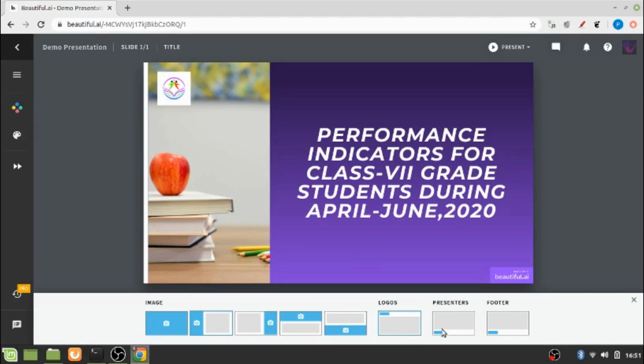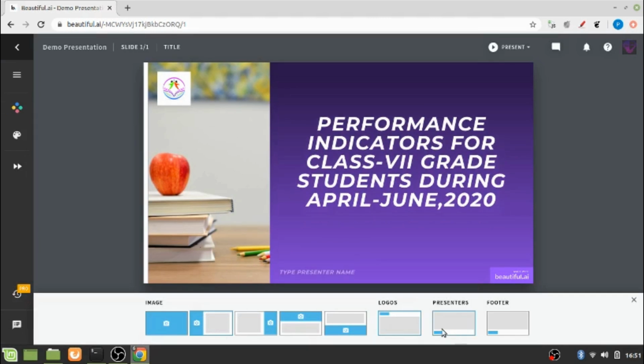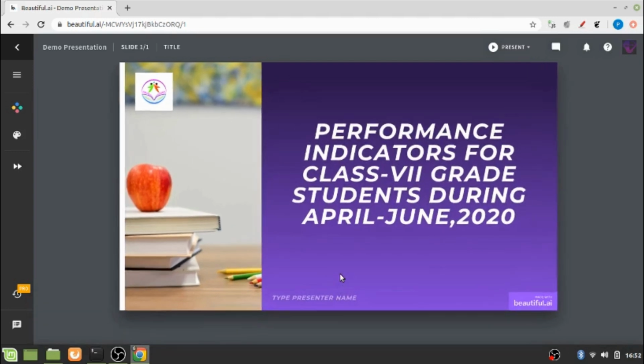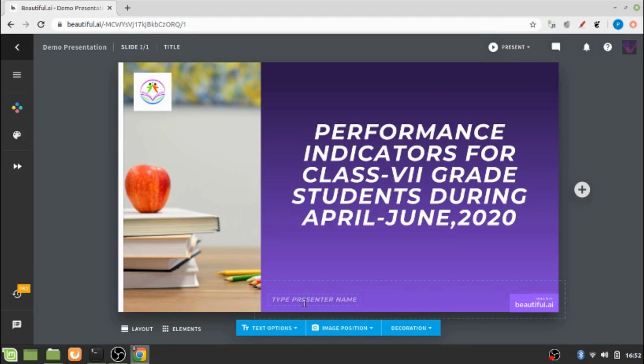Then you can choose this presenter option as well, so that the name of the presenter appears in this position. Say this is presented by, say, Infobits.